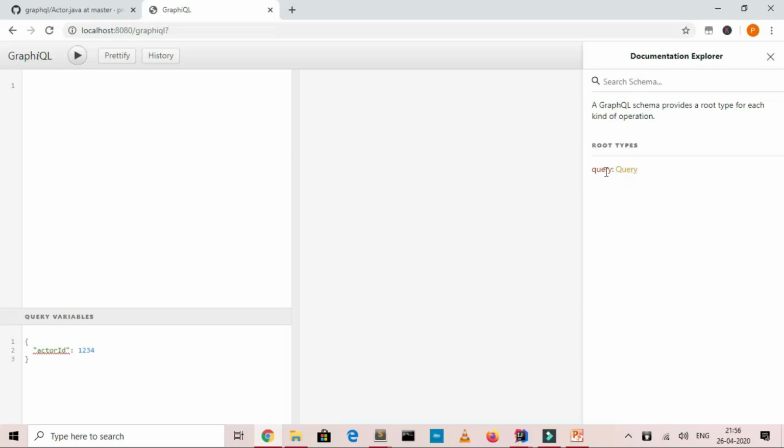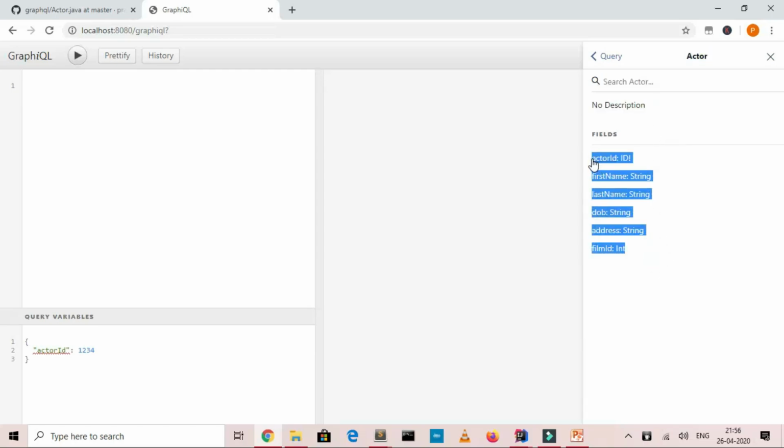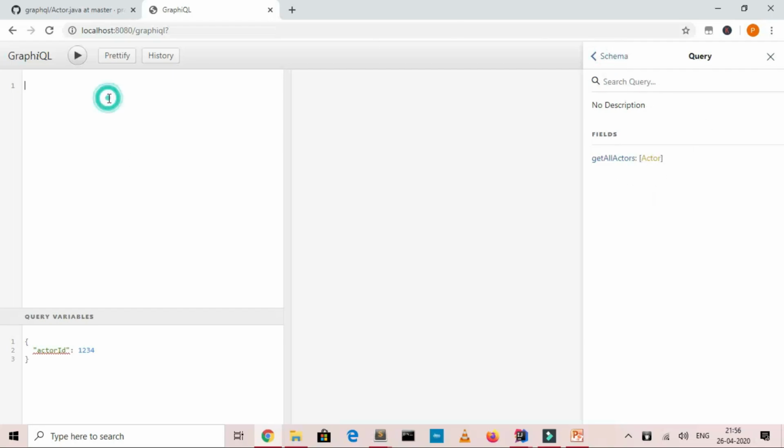here what are the things which have been provided by our schema. See, our query has been registered properly, our ID actor type has been registered as well. Film as a type is not appearing here because we haven't exposed it as part of any query as of yet. So once we expose it, it will start appearing here as well. So let's see how we can